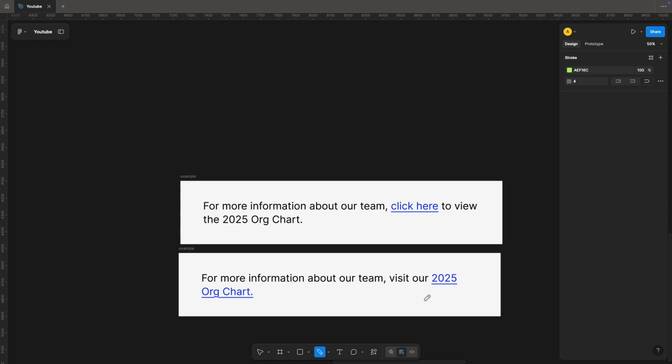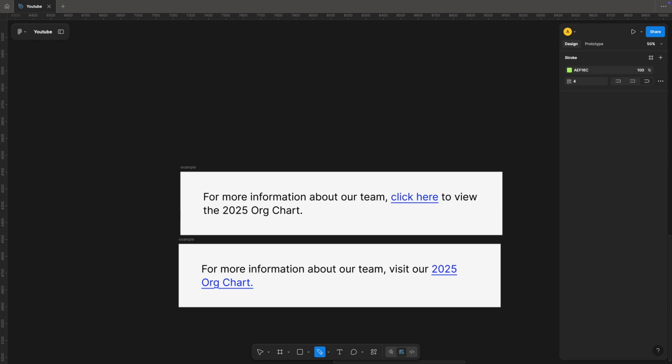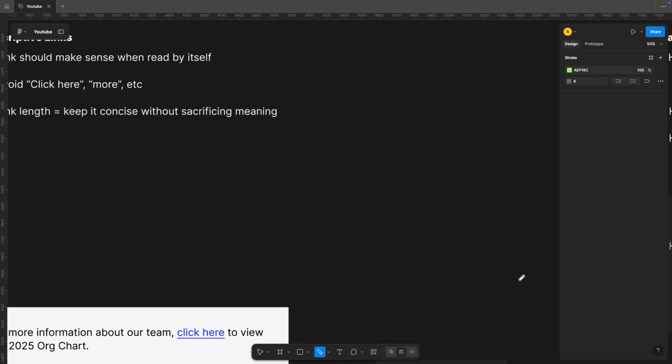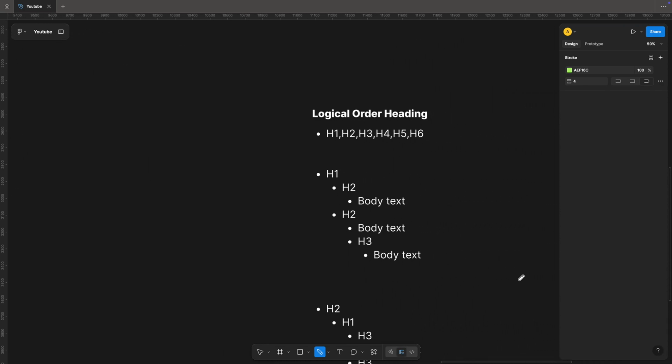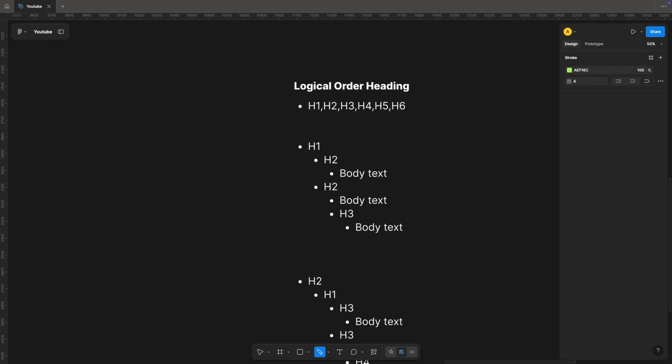So how can we make this more accessible and inclusive? I've already done that over here. I hyperlinked the title of the document, in this case, the 2025 org chart. Second, I changed the copy to be more inclusive by adding "visit" instead of "click here." So let's go on to logical